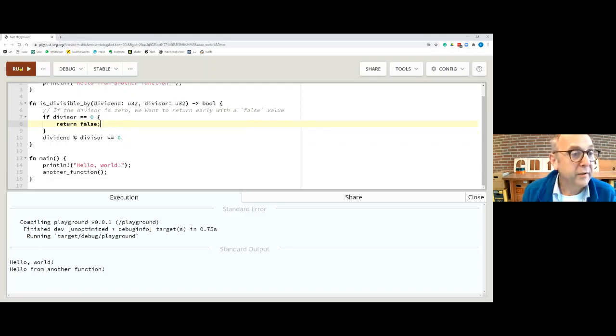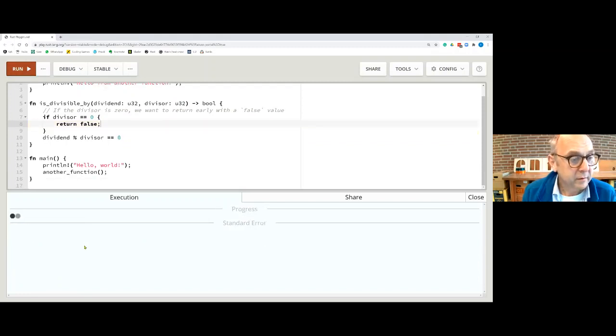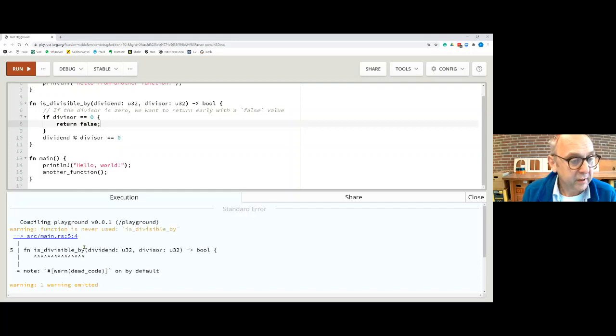And when we run this, it is complaining because the function is never used. And so that is nice. We have to call it then